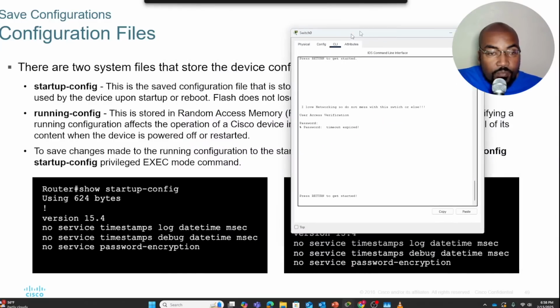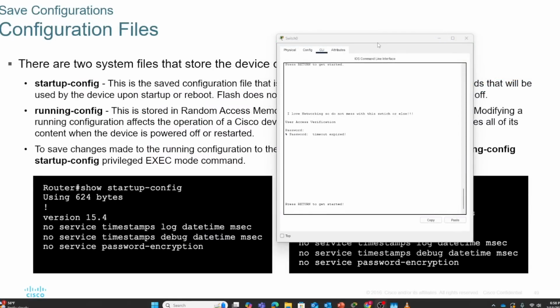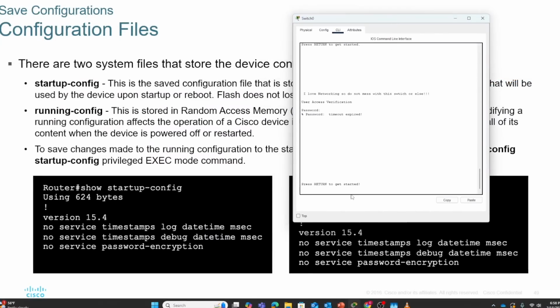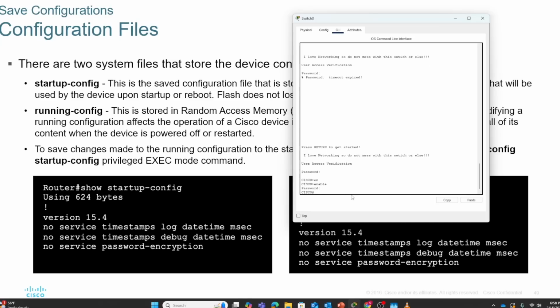So let's take a look here. Let me go full mode here so you can see this. There we go. All right, so let's get into my switch. We're going to get into the switch. We're going to type in the word password. We are in user exec mode. We want to get into privilege exec mode. Type in the word MBA. Now our level of authorization has gone up a little bit, which is awesome. Now I'm going to type in the word show